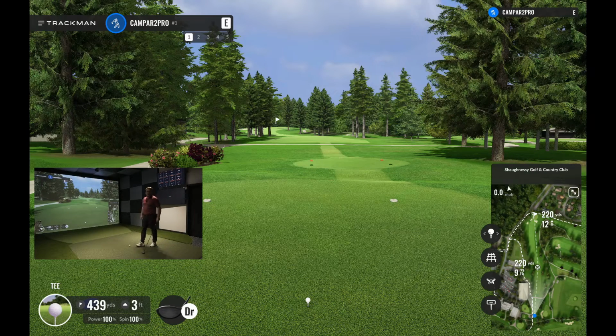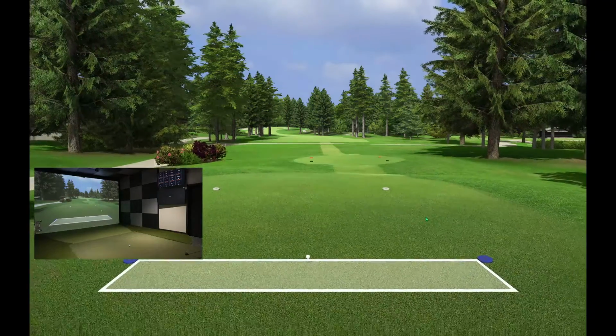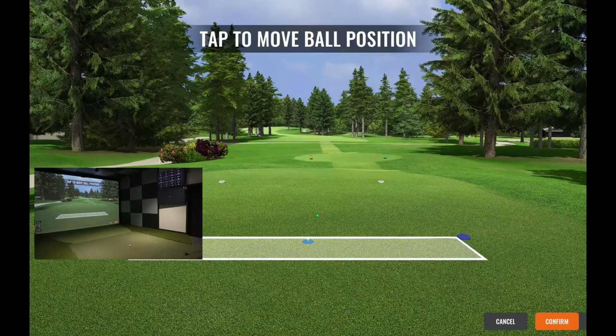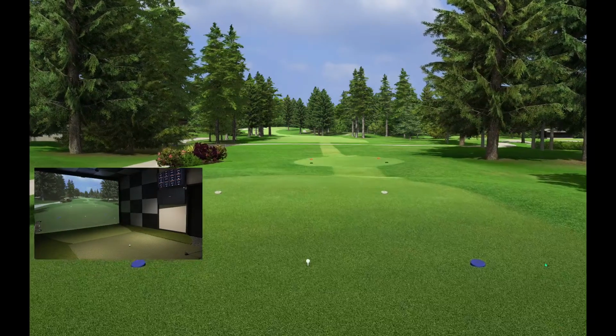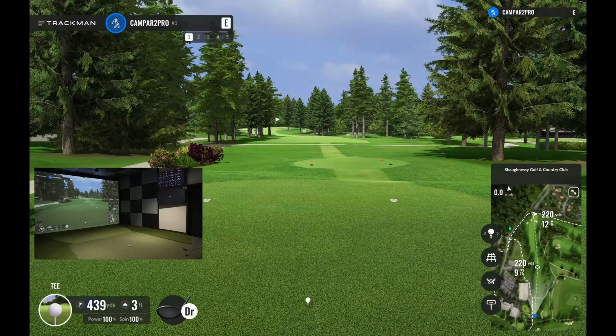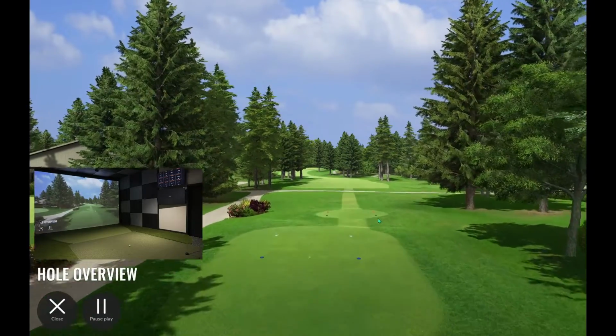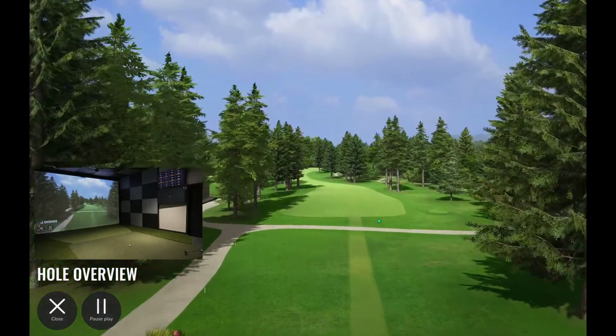Okay guys, here we are at beautiful Shaughnessy Golf Club in Vancouver. As you can see, you got a little bit of a view. I will go over some of the views here. Down on the bottom right, so you can see there's the ball position, so we'll keep that where it needs to be. We have the green grid. There's a hole, you can do an entire hole flyover,